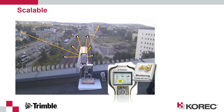So the instrument is automatically locking onto glass targets. The controller is running the whole monitoring process, and that frees up the surveyor engineer on site to go off and do something else. Once the monitoring has been completed, we can then generate various reports from